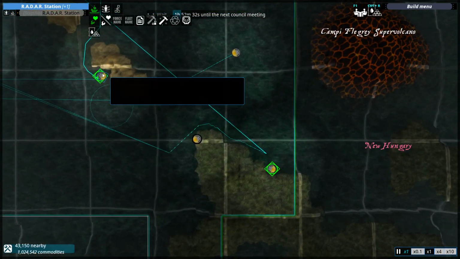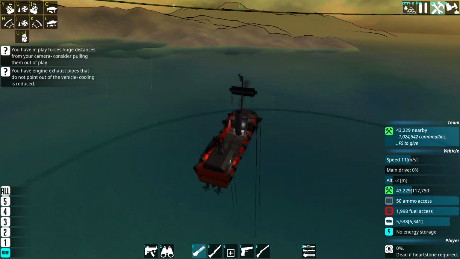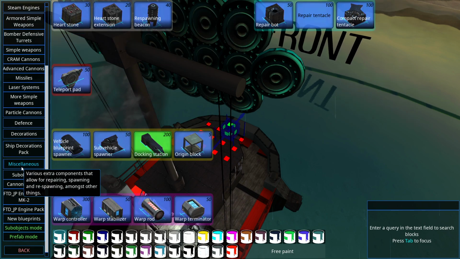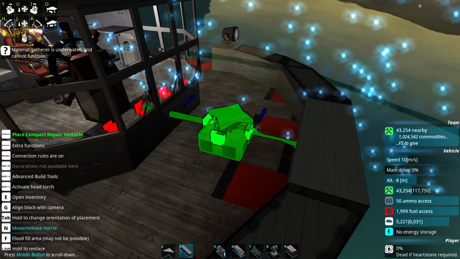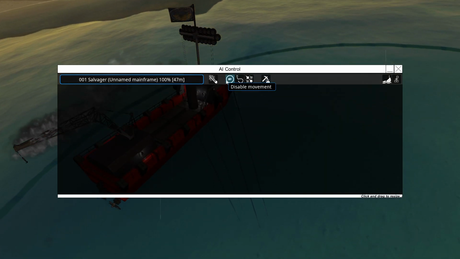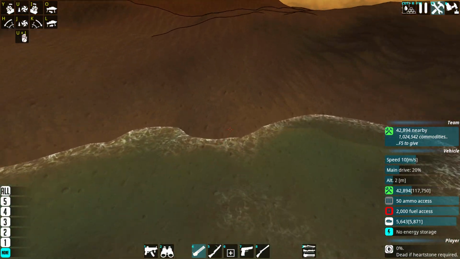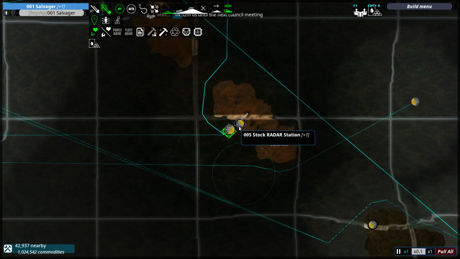What I think we'll do, that salvager, we'll upgrade it with some construction equipment, and we'll take manual control, and we'll sail it over to the island and install one. Use it as a bit of a construction ship. Right, AI off. Let's move it up to the thing, and then we'll do a load vehicle. Load stock radar station, and we'll...